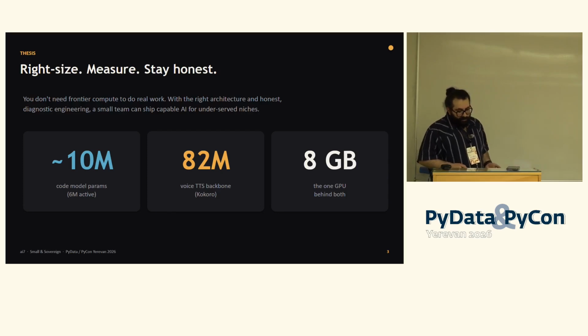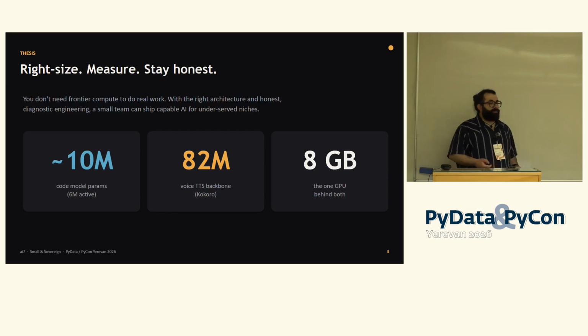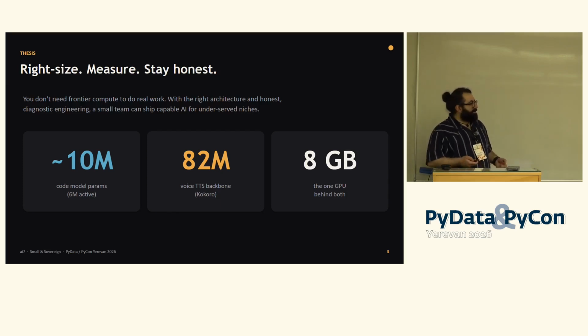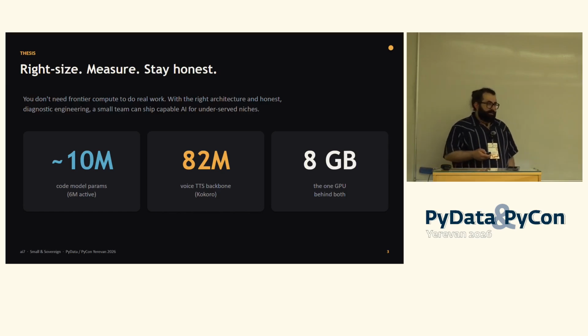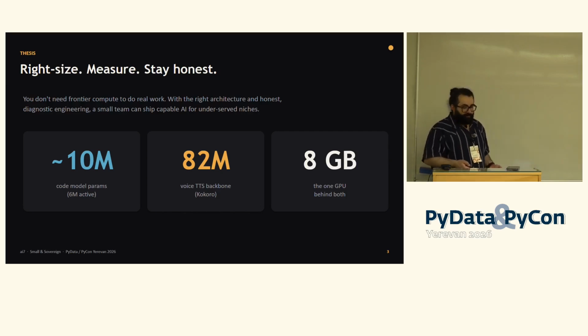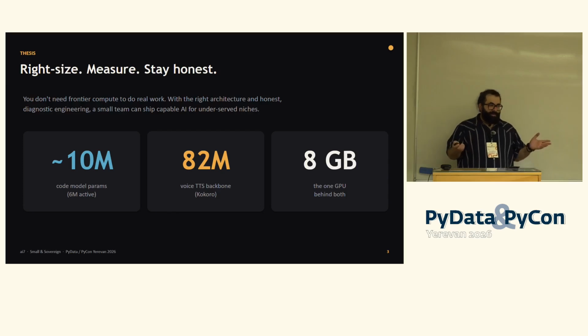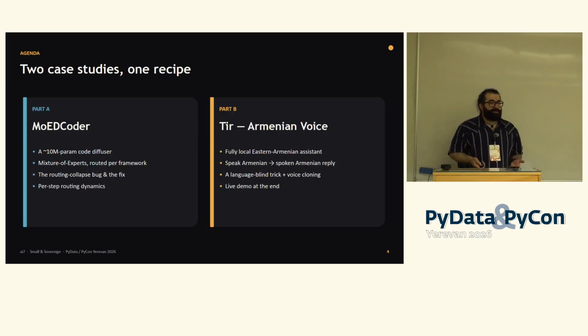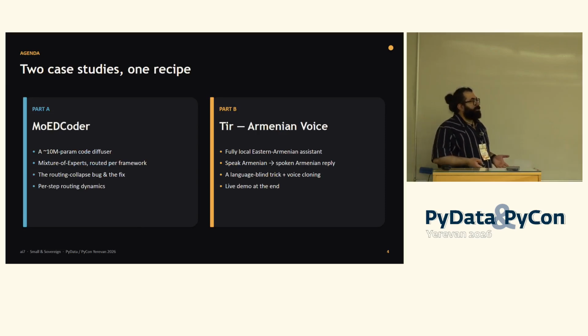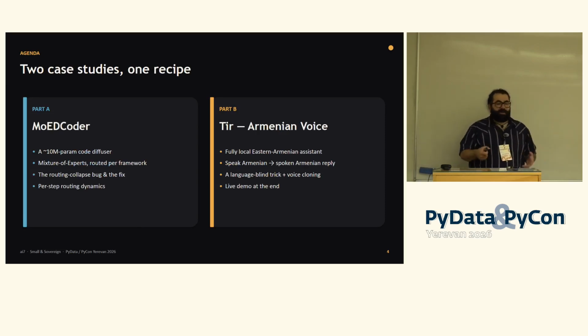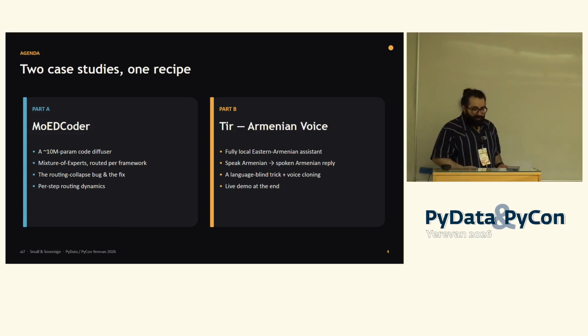So the result of this experiment was a 10 million parameter coder SLM, and another interesting thing that we achieved was training an Armenian text-to-speech and speech-to-text pipeline utilizing already existing tools. By the way, I cannot speak Armenian. I don't have the domain knowledge, but it's basically what I could have scraped and going into the grammar and finding out how the language works.